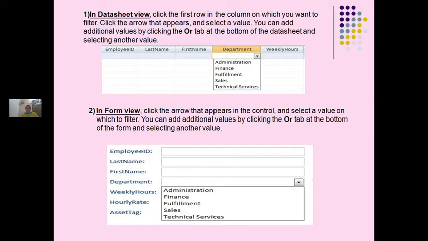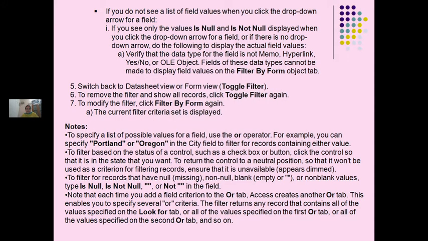In form view, click the arrow that appears in the control and select a value on which to filter. You can add additional values by clicking the OR tab at the bottom of the form and selecting another value. This is datasheet view and this is form view.